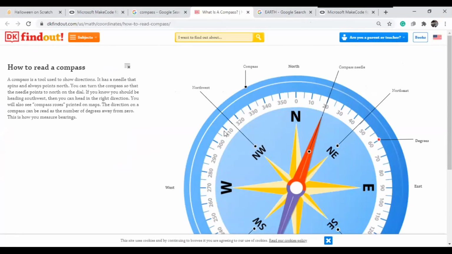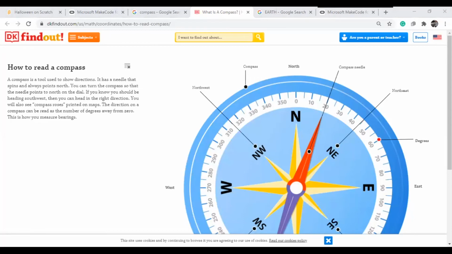Students, listen carefully. We will take one thing: 345 to 45 degrees. Any angle between this, we need to show north.